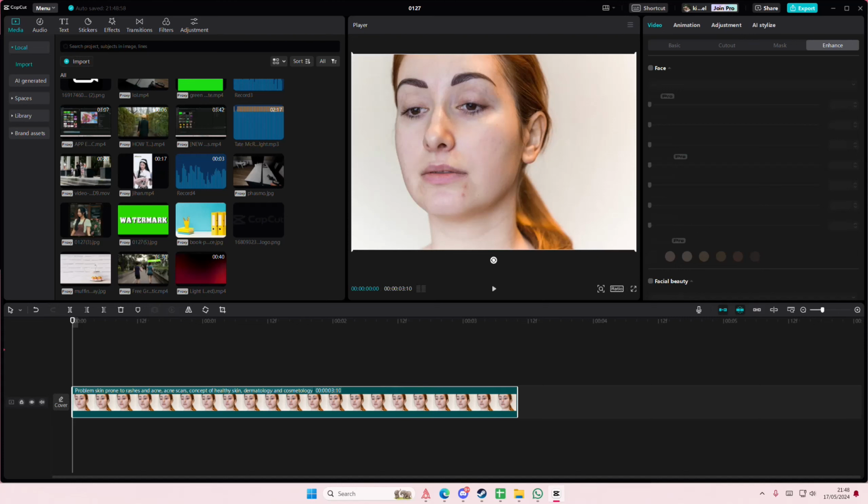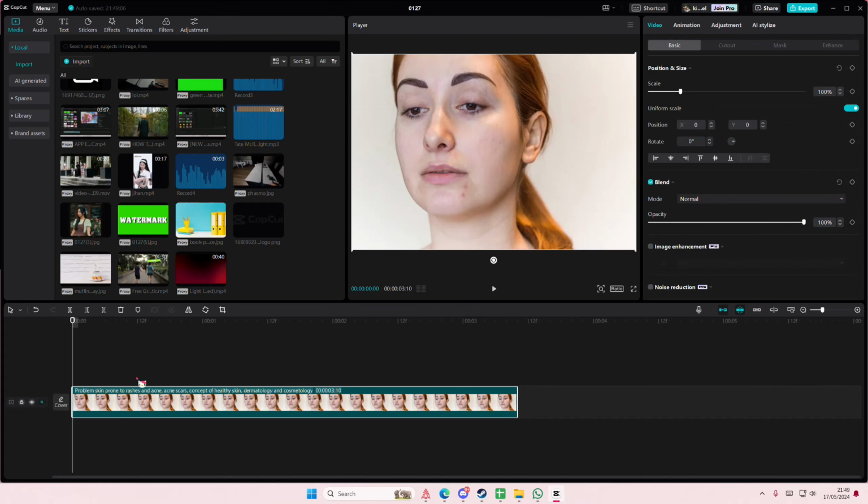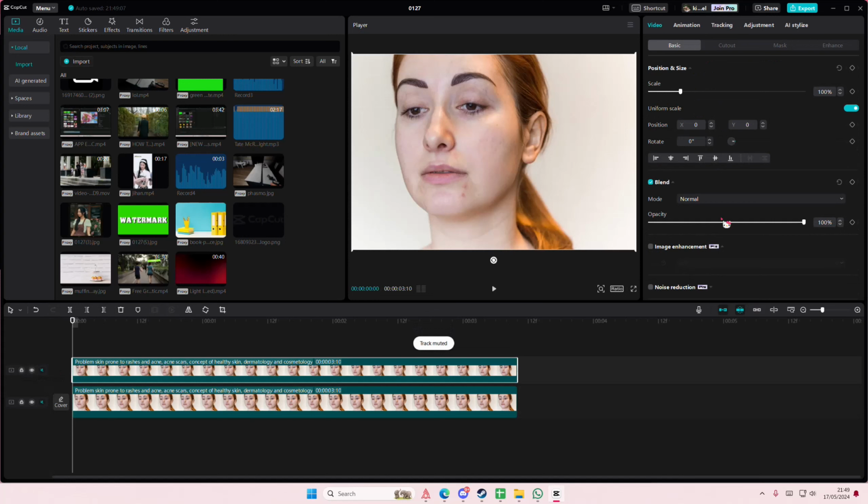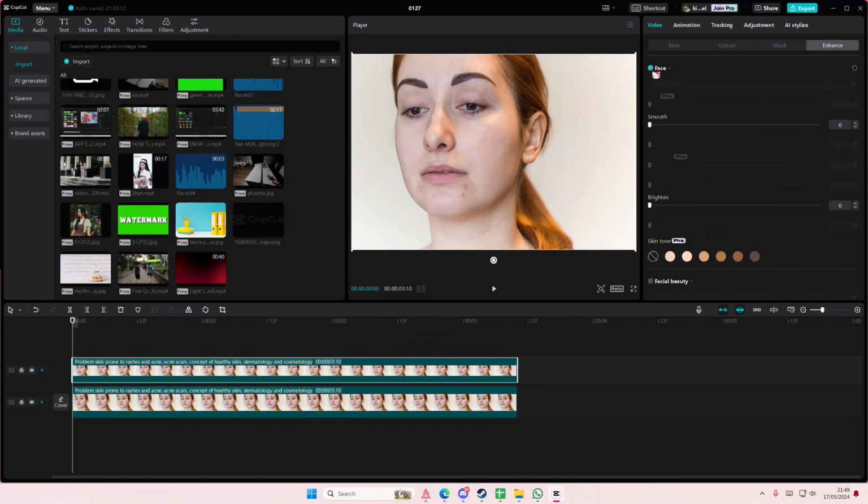In this video I'll be showing you guys how you can create this before and after photo, video, product edit on CapCut PC. So I'm just going to do a video on this one, and I'm going to select enhance first. I'm going to detect the face. I'm going to smooth everything out, delete some smile lines here, delete dark circles, and I'm just going to brighten